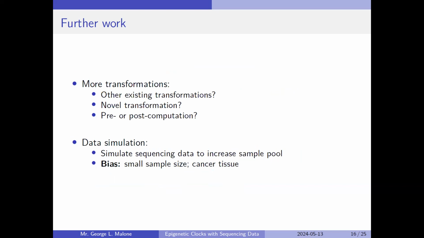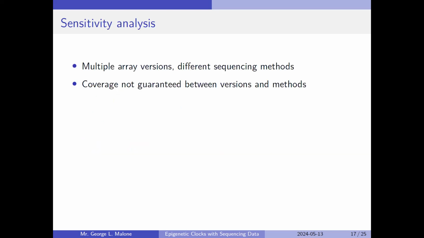Post-computation. Otherwise, the simulation would increase the bias due to a small sample size, and it would also be biased to the fact of the tissue, rather than something like blood in a healthy patient, is probably what. So even